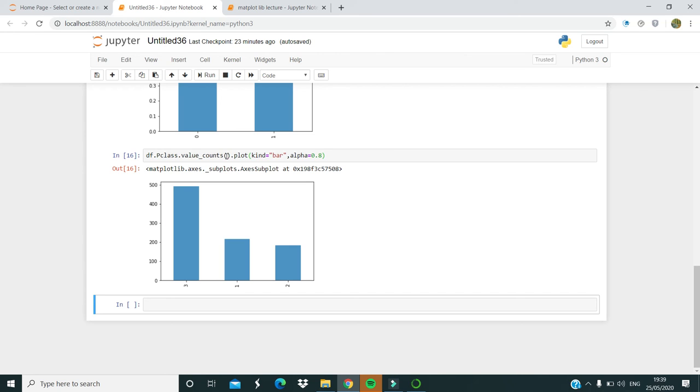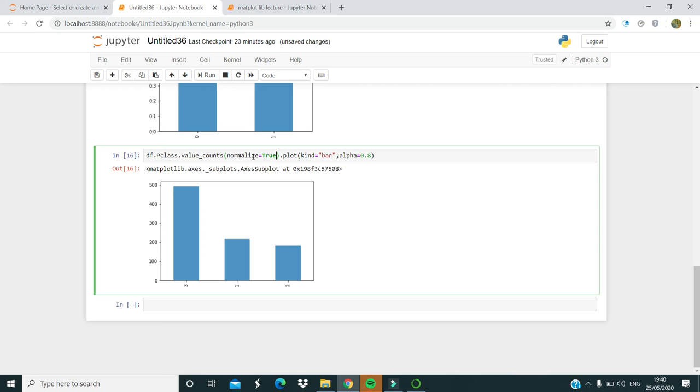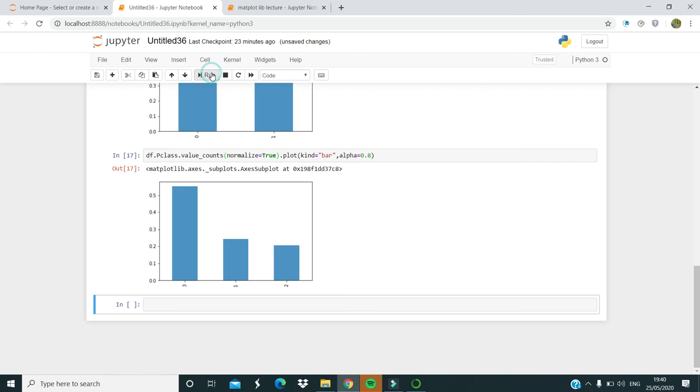To get it in a percentage, we have to provide one more parameter, normalize equal to true. Run it. We can see that more than 50% are in third class, we can say more than 55%.